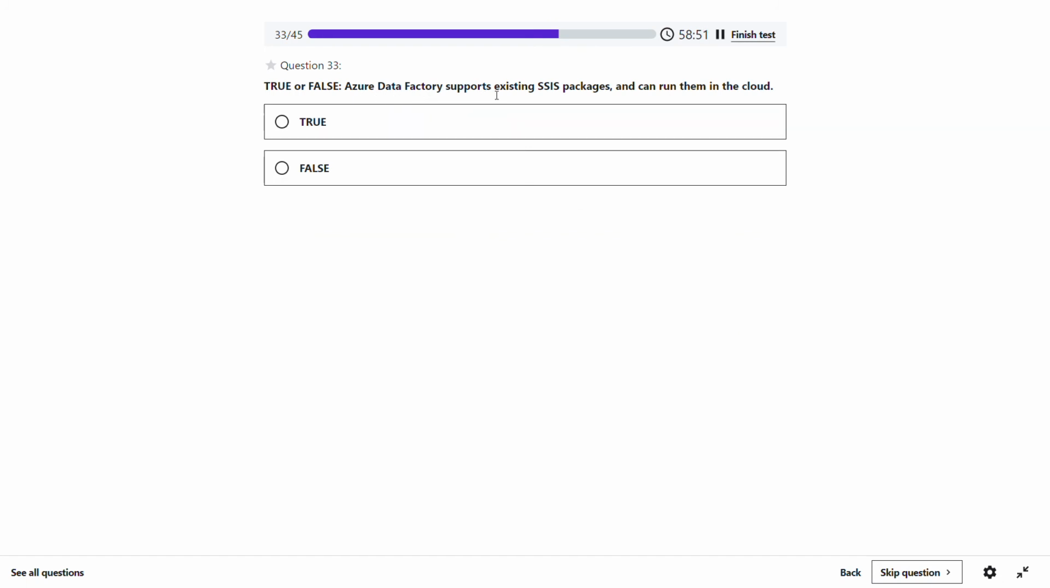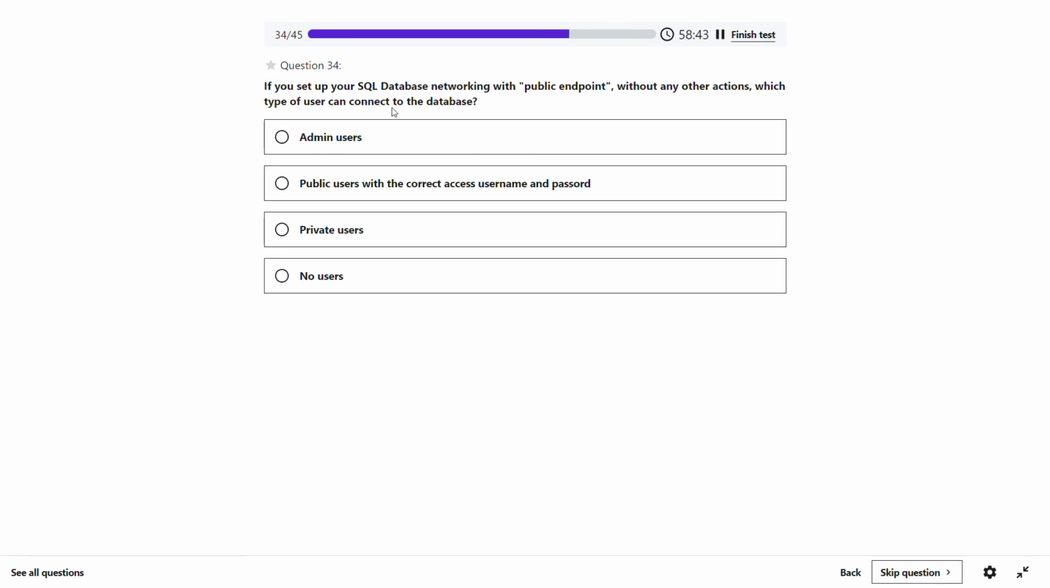Azure Data Factory supports existing SSIS packages that can run in the cloud, true. If you set up your SQL database networking with the public endpoint without any other action, which type of user can connect to the database? So no user. Even if you set up the networking as a public endpoint, still no user can connect to the database,